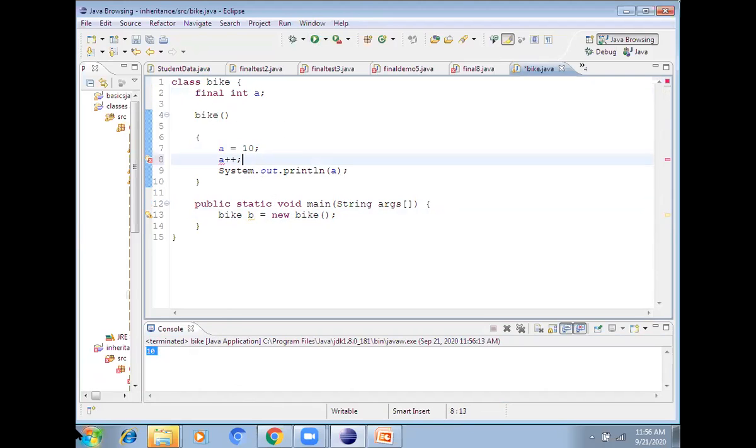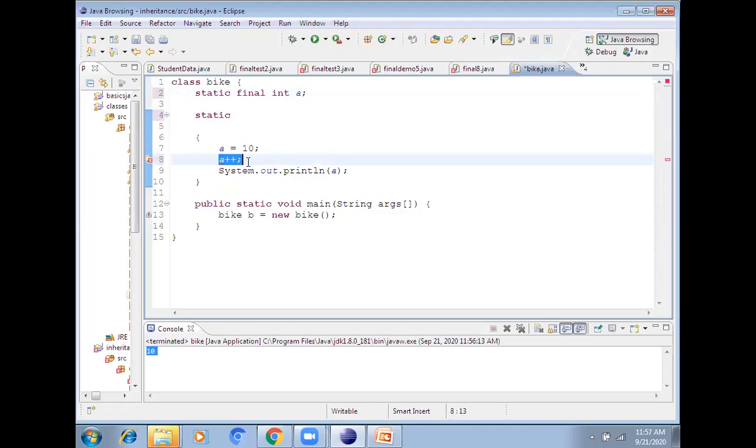Now I will tell you what a static blank final variable is. A static blank final variable is one where your initialization is done inside the static block. Just to tell you that there will be a static block also, I'm giving this example. Not much important. I'll not send you this program, but you should know that there is a block called a static block also. So for that I am telling this example.